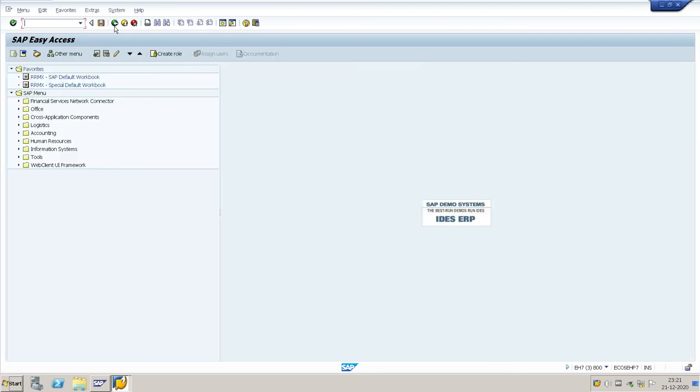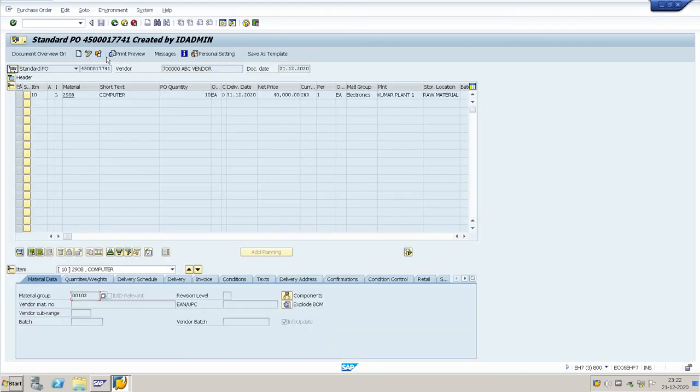Now we will do the GRN for the supplier returning the material to our company. So we will receive the material. We check the PO number for that material, 17741.